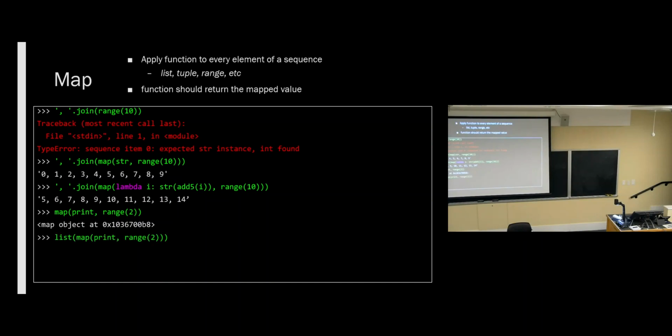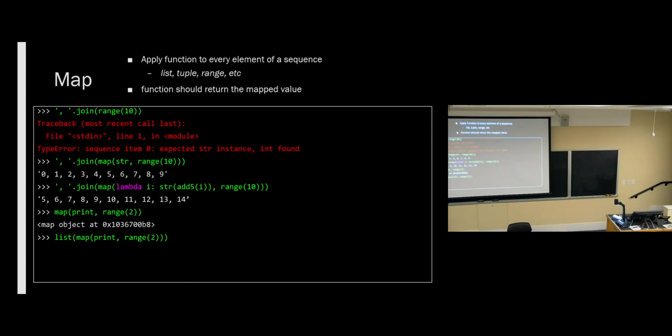So if we wanted to actually see the result of the map, what we can do is cast this thing as a list. A list on an iterable is going to demand things from that iterable and put them in a list. And so now we're actually going to get something. But what's going to be printed? Guesses? 0 and 1. The result is going to be a list of None, but it's also going to print 0, 1. Did you run it? Oh, okay. I was about to say.